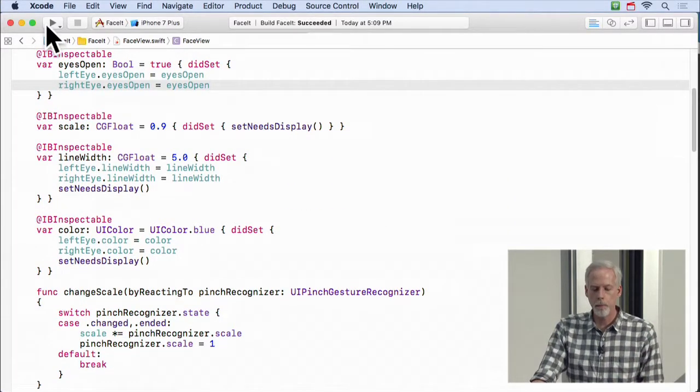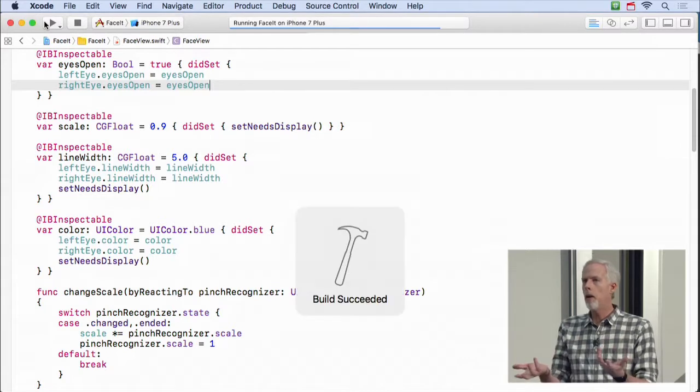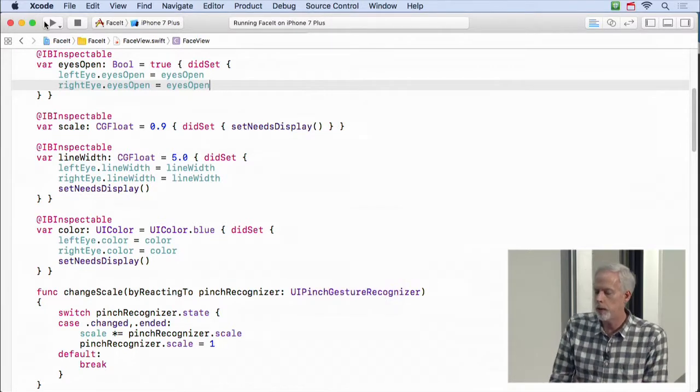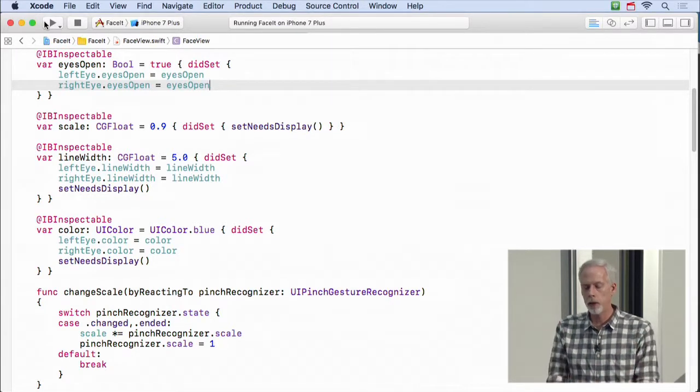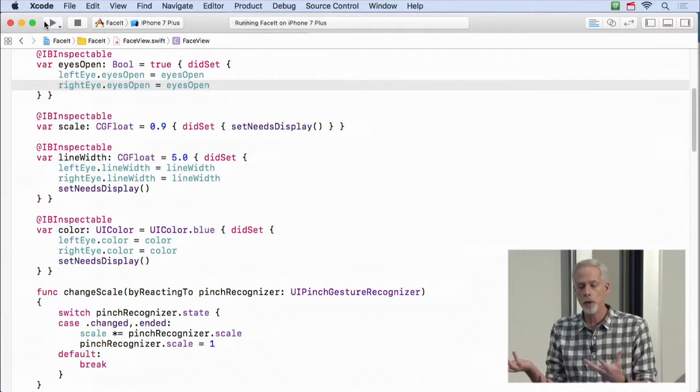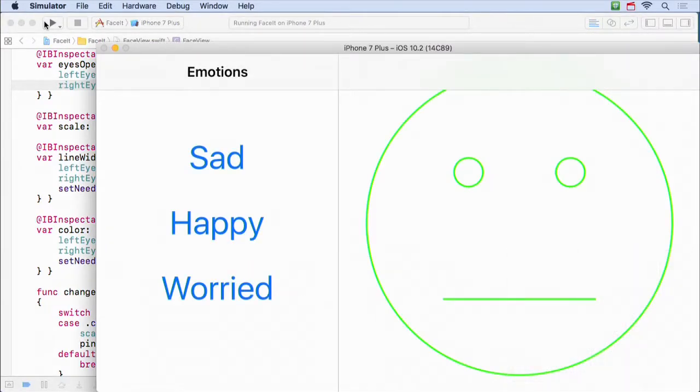Let's go to make sure we haven't broken anything here by making our eyes be separate views. Our face view should look exactly the same. It's just using subviews to draw part of itself rather than drawing it in draw rect. And sure enough, it's working fine. It's even continuing to blink because that blinking is done by the controller. The controller is setting eyes open, eyes closed, eyes open, eyes closed, and that's being forwarded on to the view and it's blinking. Now, of course, we haven't changed the animation, so it's still kind of this insta-blink.